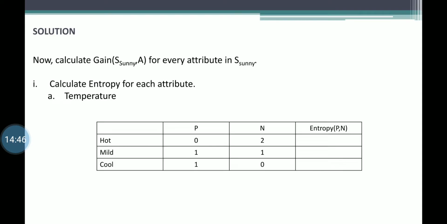So as you can see, this is the status. So here, as a thumb rule I told, if you find 0 as one of the values, you can put 0 as the entropy value. If both P and N are equal, you will get 1 as the value for entropy. So this will be the resulting value for the temperature attribute. You can write these directly. You can reason: since P is equal to 0, entropy will be 0. Since P and N are equal, entropy will be 1. Since N is equal to 0, it is equal to 0. No need to calculate anything.